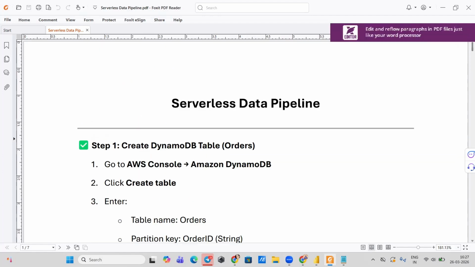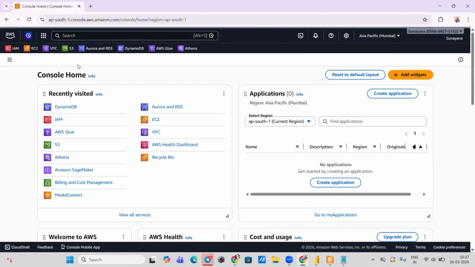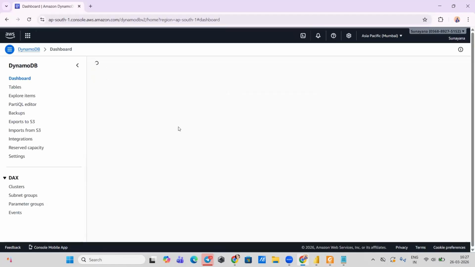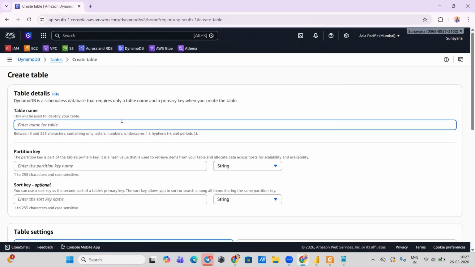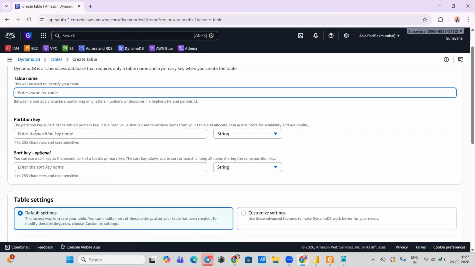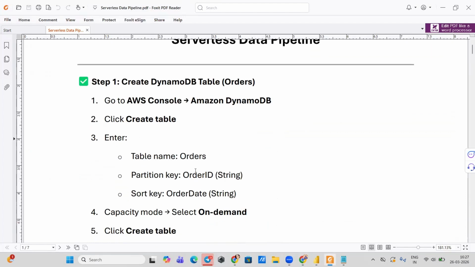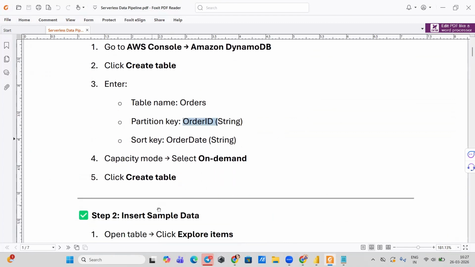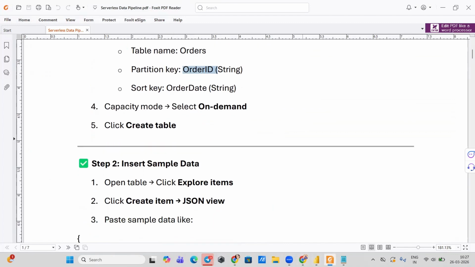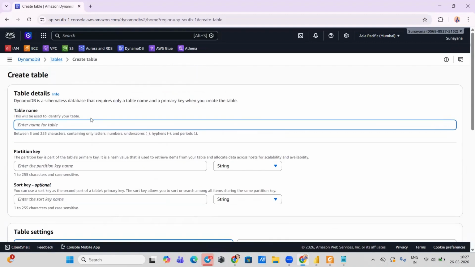So first you're going to create the data. So go to DynamoDB. In my case I've already created a table, but in your case you're going to click on create table, enter the table name and give a partition key and sort key. For partition key just give order ID, for sort key just give order date, and likewise you will create a table. Once that is done,